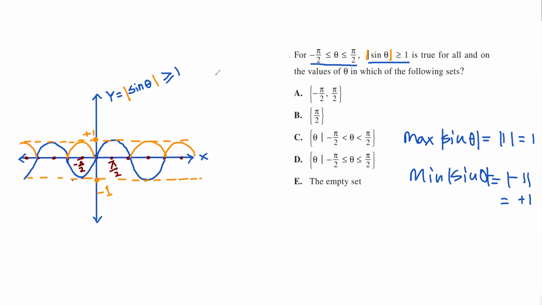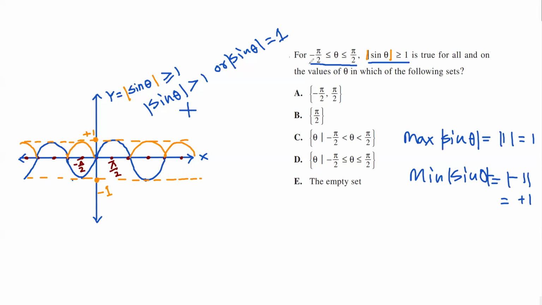So it can be equal to 1, right? So the statement says absolute value of sine theta can be greater than 1 or equal to 1. The greater than 1 part cannot be true, right? Because absolute value of sine theta cannot be more than 1. So we have one option left, which is absolute value of sine of theta is 1. So when is it possible, you see,